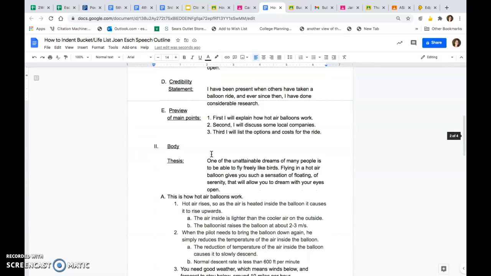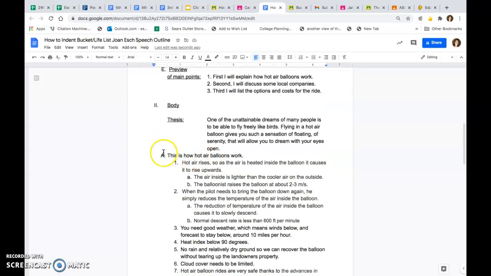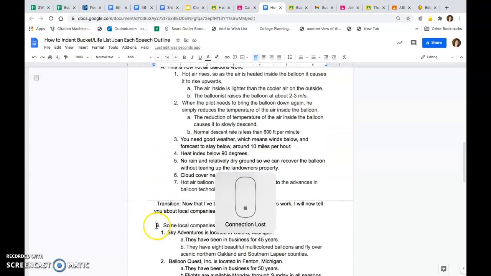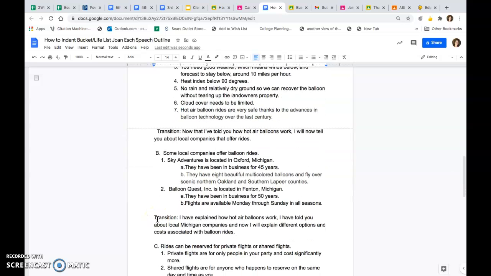Once you get to the body, which is right here, and you've just copy and pasted your thesis again. I know your thesis might be the only thing that's more than one sentence. Sometimes the thesis is. Now your first main point, which is A, is going to be over a little bit, and your outline just goes on like this until you get to point B, which is your second main point,